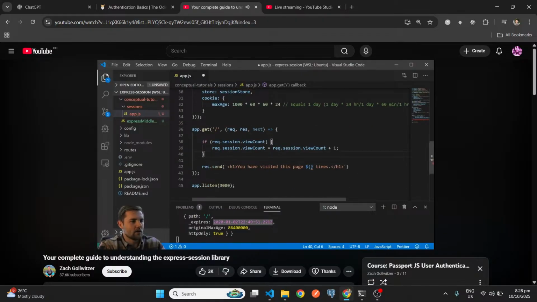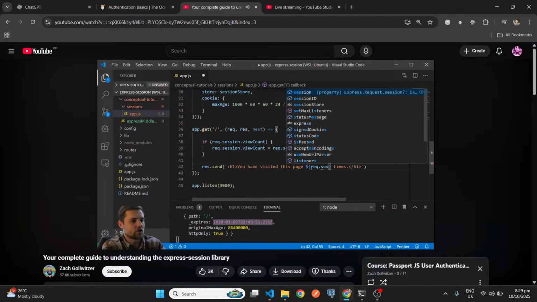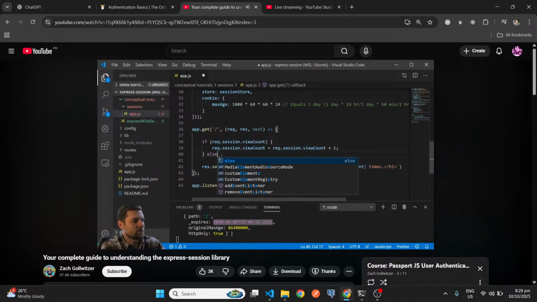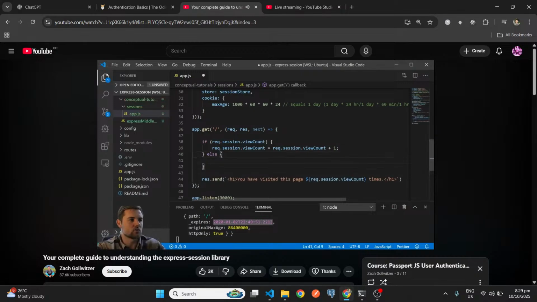And let's see, we can just put in request.session.viewCount, and now it should tell us how many times we've visited this page when we visit that page. Now we also have to say else, because in this first occurrence we're not going to have this property set. So if that does not exist, then we're going to say request.session.viewCount equals 1. Alright, so we have set a property to the session object, and let's go ahead and save